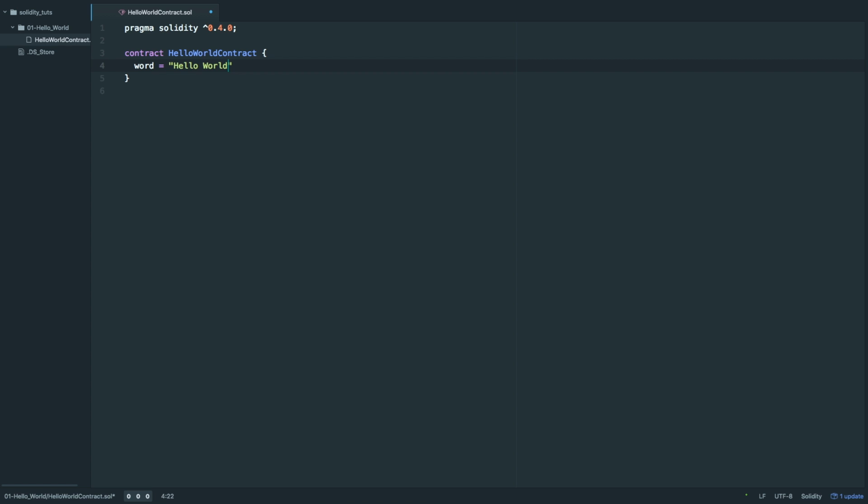And Solidity is a statically typed language. That means that you have to input your variable type before the variable. So this is a string, so we input string. And it's very important that you finish it with a semicolon, because if you do not,